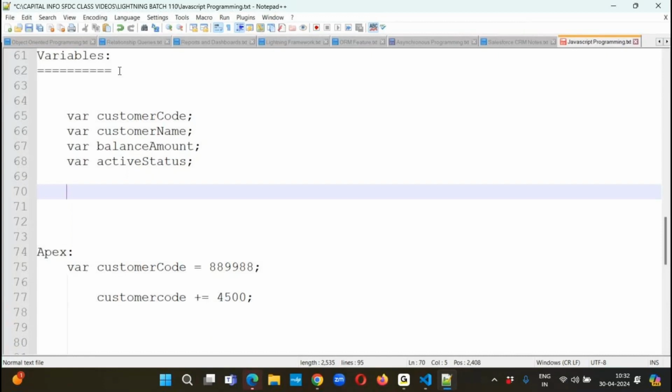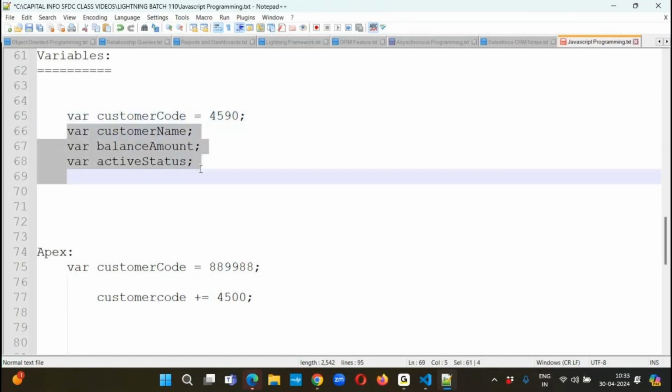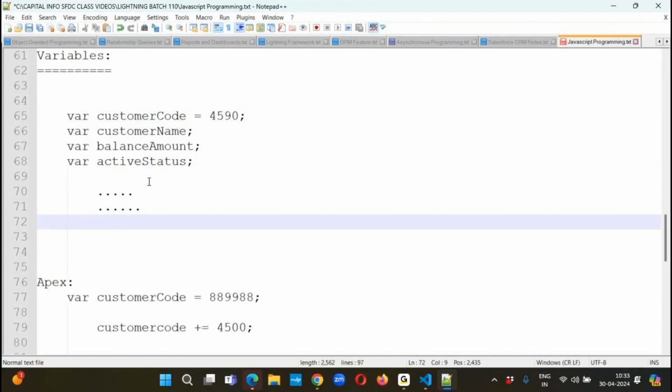Yes. Because in Apex programming, we define the variable initially and later we can assign the value, or upon definition we can also assign the value. Here also it is the same. As part of JavaScript programming, we can define the variable and initialize it in a single statement. That means upon defining the variable itself, we can store the value, like customer code equals 4590. Or else you can just define the variables initially and later assign the values. All the options are available, same as your Apex programming fundamental concepts. Now, whenever I'm going through these concepts in JavaScript,